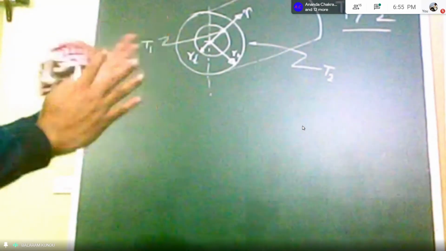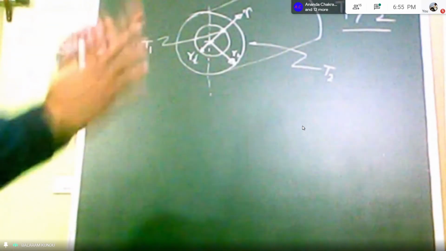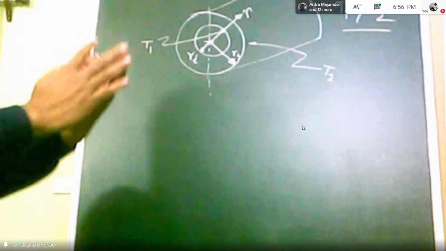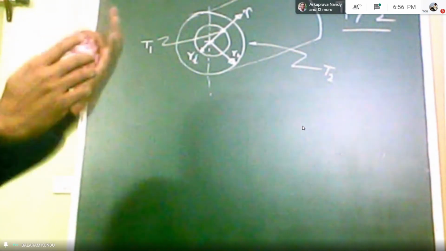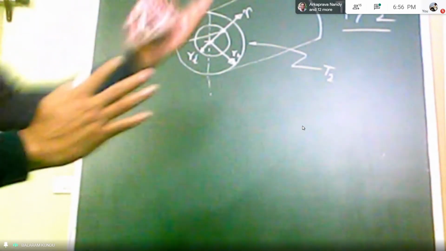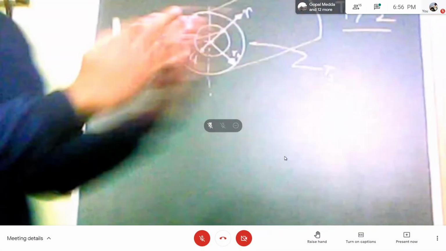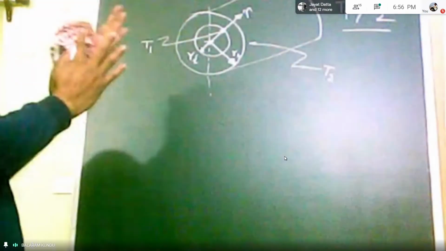I already mentioned that one-dimensional heat conduction is satisfied here. The inner surface is maintained at a constant temperature T1, the outer surface is maintained at another constant temperature T2, and T1 is greater than T2, as already mentioned. So heat is conducted radially. It is a three-dimensional object. Length is there. So this is the length of the object. Definitely the length is much greater than the radius Ri or Ro.